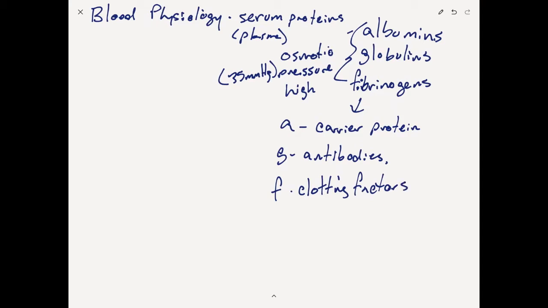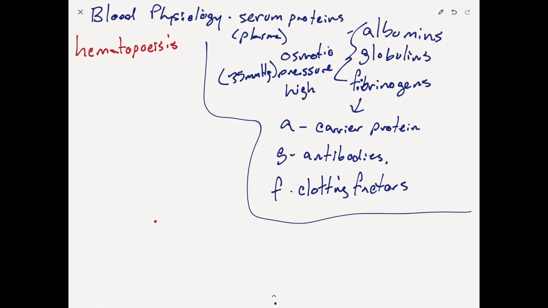So all of these are proteins in the blood that maintain osmotic pressure. The process of making blood is called hematopoiesis. And hematopoiesis is stimulated by the intima cells. These are the epithelial cells of the tunica intima. This layer of the blood vessel secretes